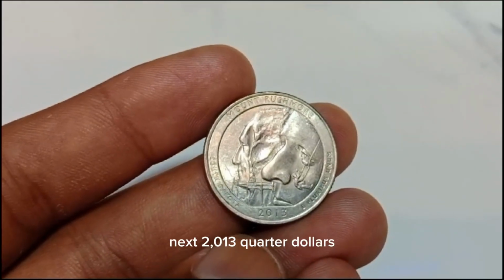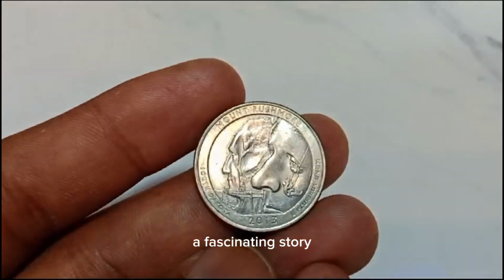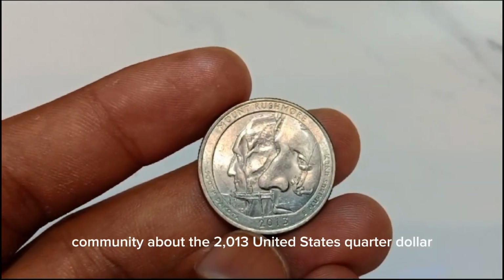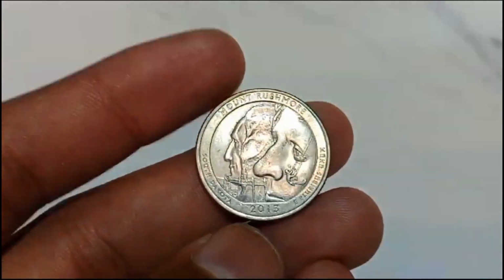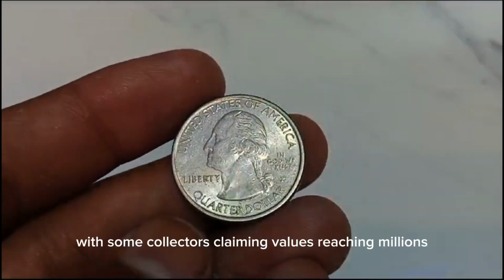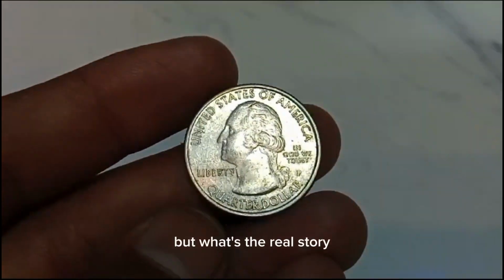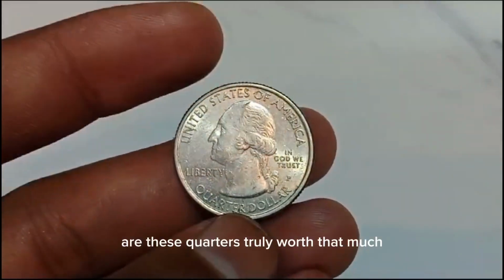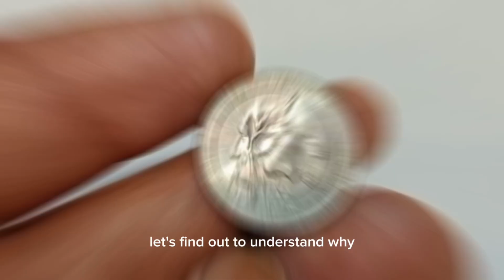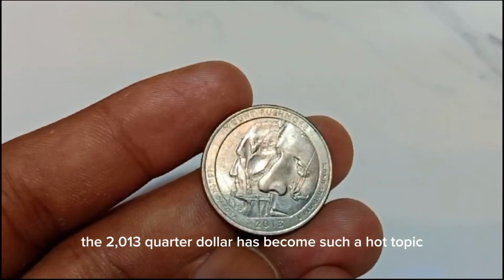Next, 2013 quarter dollars, United States of America. We're diving into a fascinating story that's been circulating in the coin collecting community about the 2013 United States quarter dollar. Rumors are swirling about the value of these coins skyrocketing, with some collectors claiming values reaching millions. But what's the real story? Are these quarters truly worth that much? Let's find out. To understand why the 2013 quarter dollar has become such a hot topic, we need to look